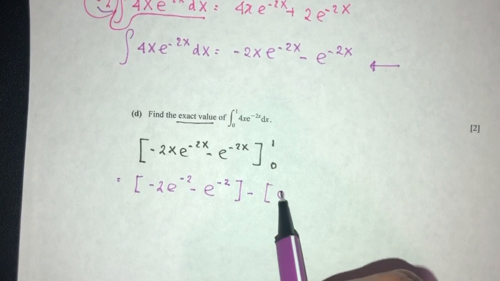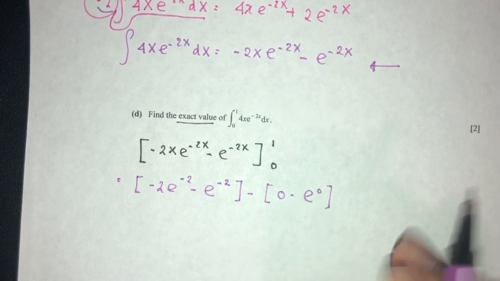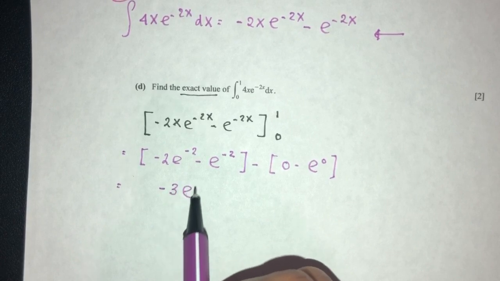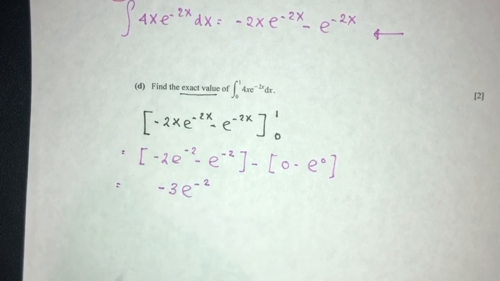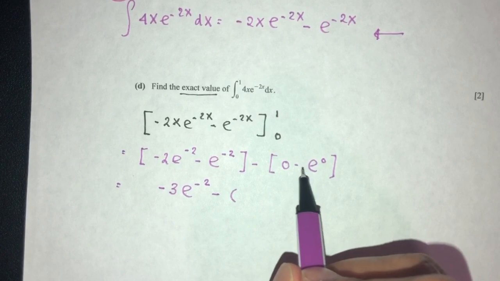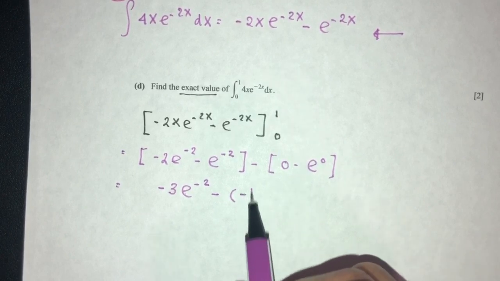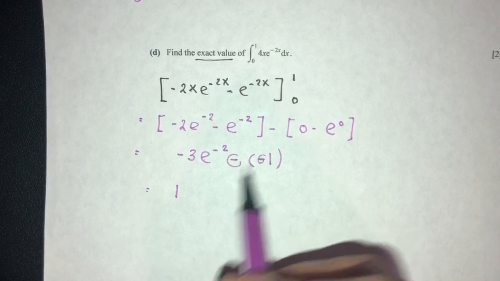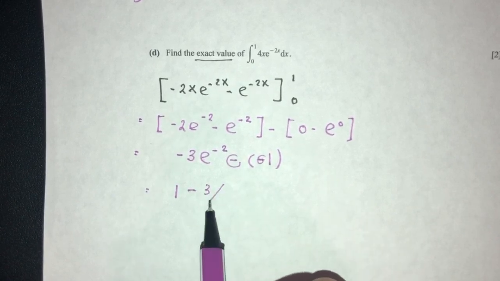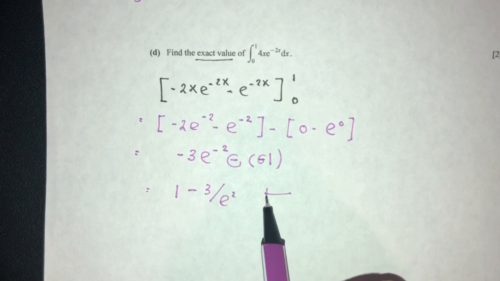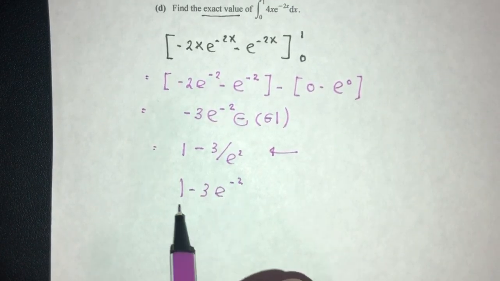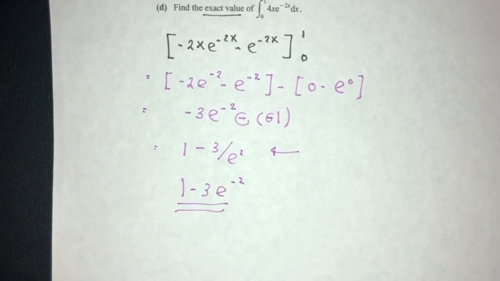minus 0 minus exponential 0. That should become what? -3 exponential -2, right? And then minus, that should become the value of -1. So you will have the value of 1 because it becomes plus, right? 1 minus 3 over exponential square. Or you can write 1 minus 3 exponential -2 as your answer for the exact value of